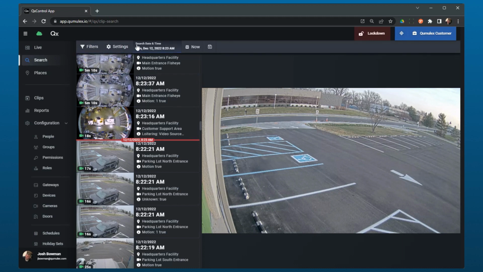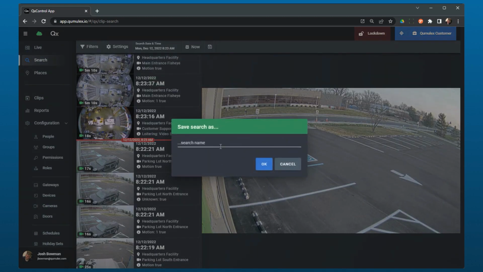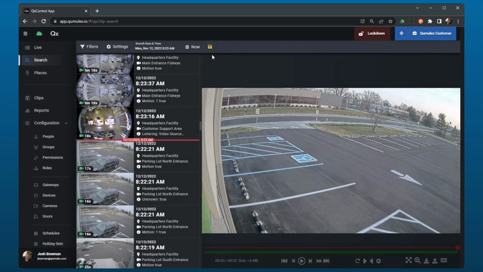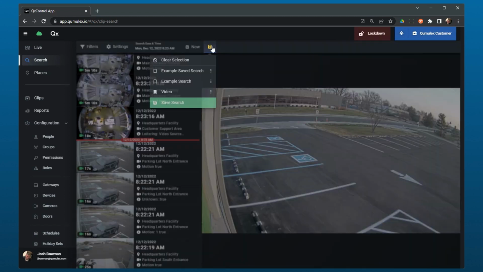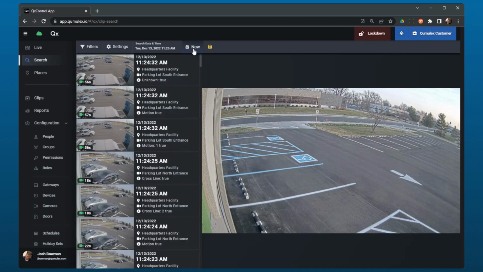Based on all of your filter settings, time, everything that you've chosen, you could also choose to save this search. You can see now this button has turned yellow to indicate that we have a new saved search. And you can see here's the example we chose. So in order to demonstrate that,